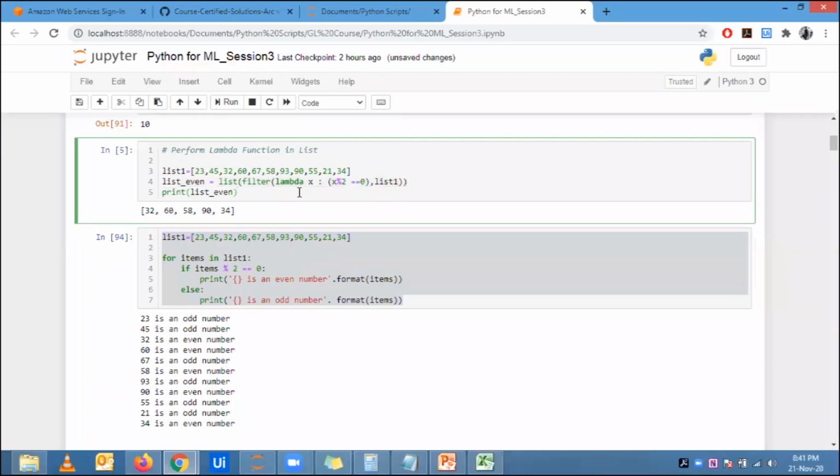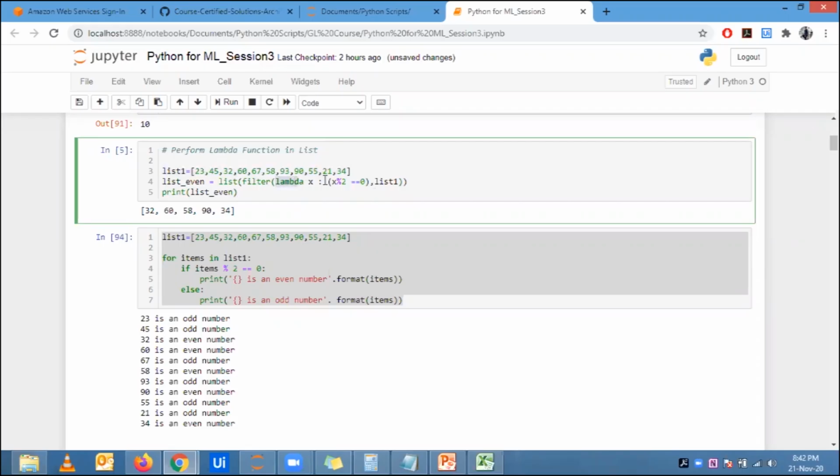Somebody who has 15, 20 years of experience in Python, and you give him this list to identify even or odd numbers, he will write it in one line itself. That's how experience comes into the picture, right? So he will create an even list where he's creating a list. He's filtering this entire list with the lambda function. Inside this filter function, he has created a lambda of x. That means x will be looping through each of these values, where it will check if x modulus 2 is equal to 0 in list 1.